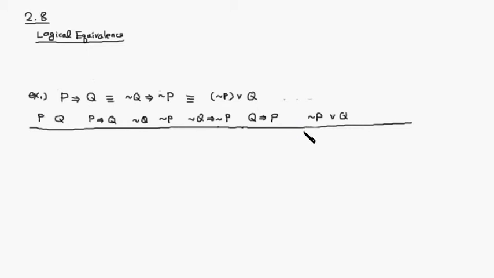Let's look at section 2.8. This section talks about logical equivalence. Right? Let's look at the notation. Statement R is logically equivalent to, say, statement S